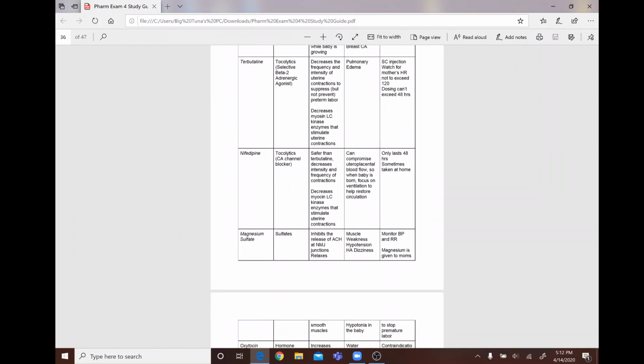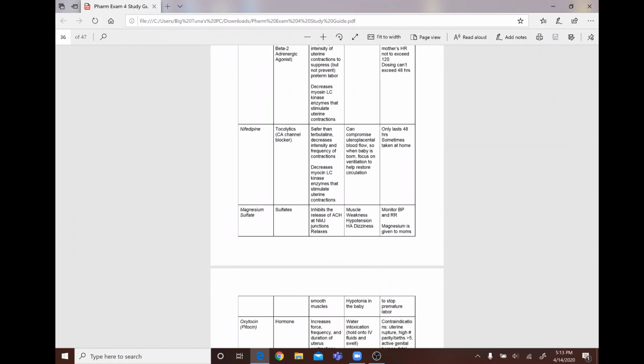Terbutaline is a tocolytic, a selective beta-2-adrenergic agonist. It decreases the frequency and intensity of uterine contractions to suppress but not prevent preterm labor. It decreases myosin LC kinase enzymes that stimulate uterine contractions, and can cause pulmonary edema. You give it sub-Q. You have to watch for the mother's heart rate not to exceed 120, and dosing can't exceed